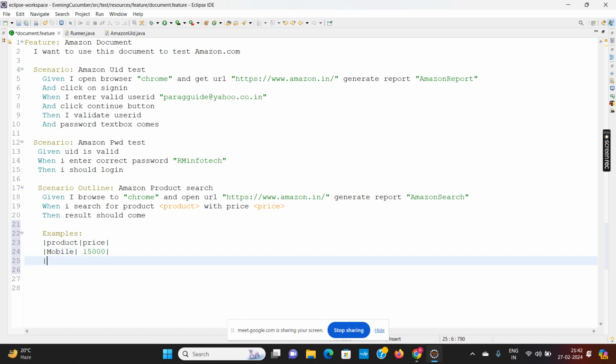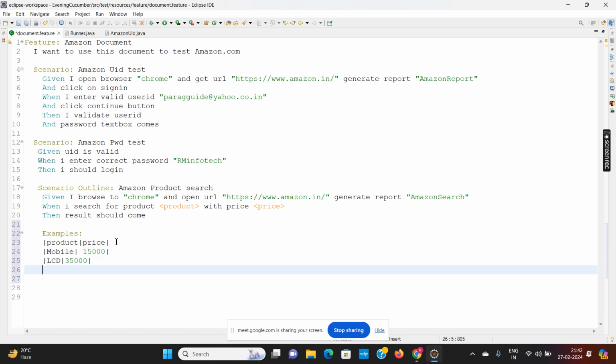Second product I want to search is, say, LCD, and say price 35,000. Third product I want to search is shirt, price say 3,000.